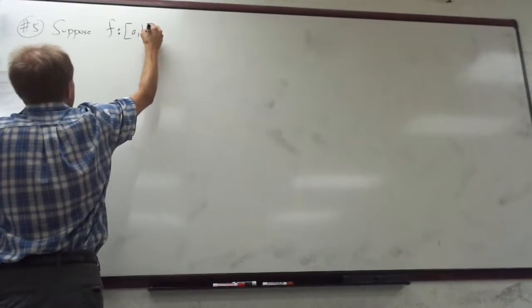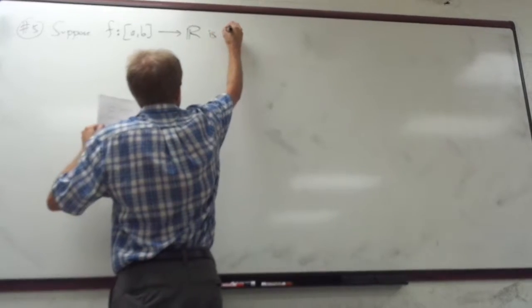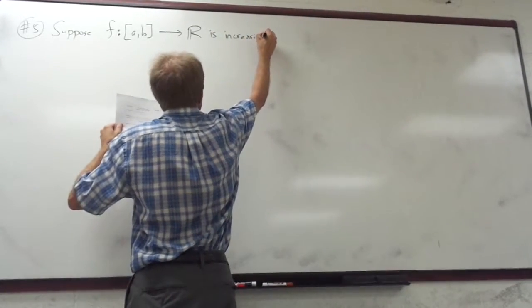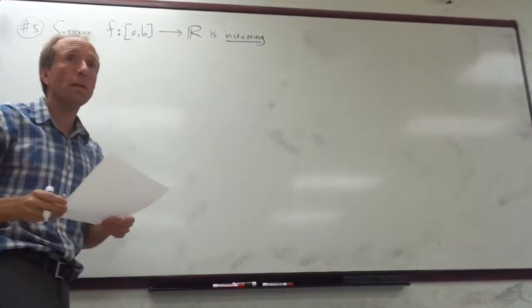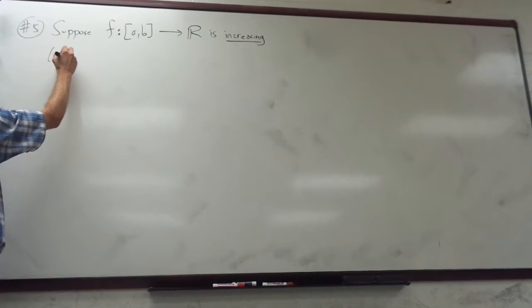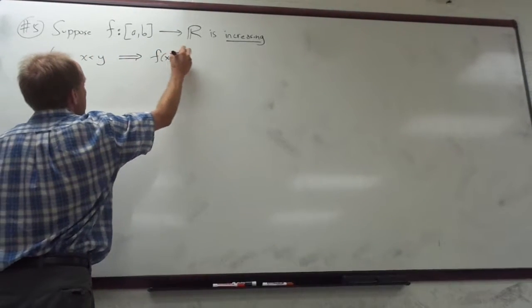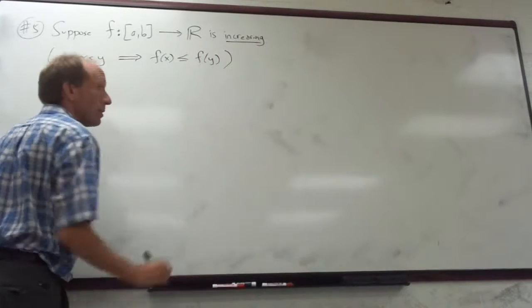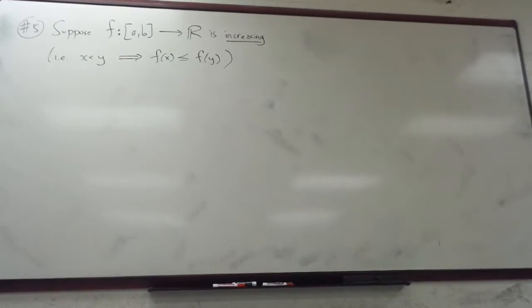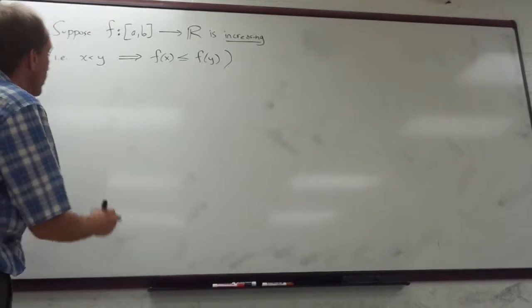Let's suppose that f goes from the closed interval [a, b] to the real numbers R and is increasing. Now, increasing just means that, i.e., if x is less than y, then f of x is less than or equal to f of y. Let's just assume that that's the case. And then what we're going to prove here,